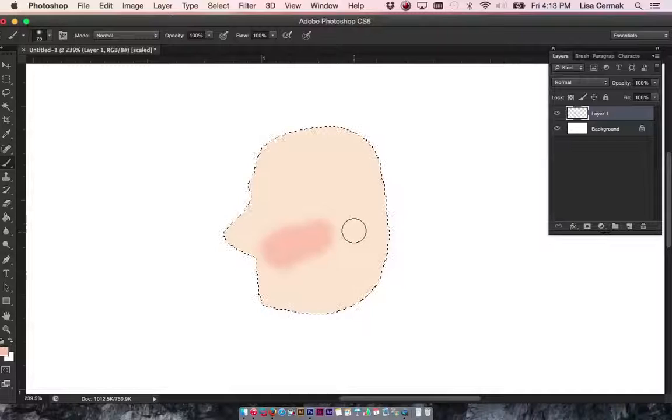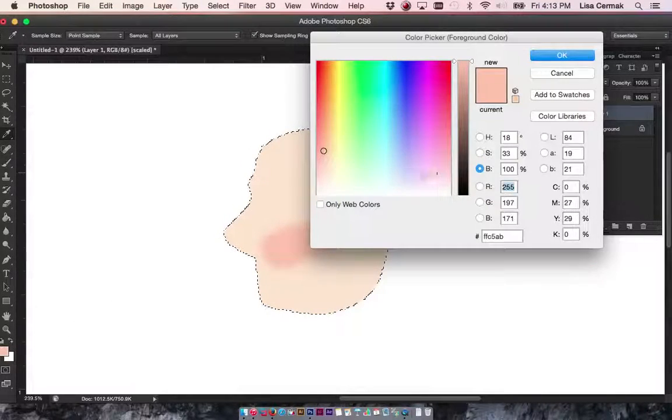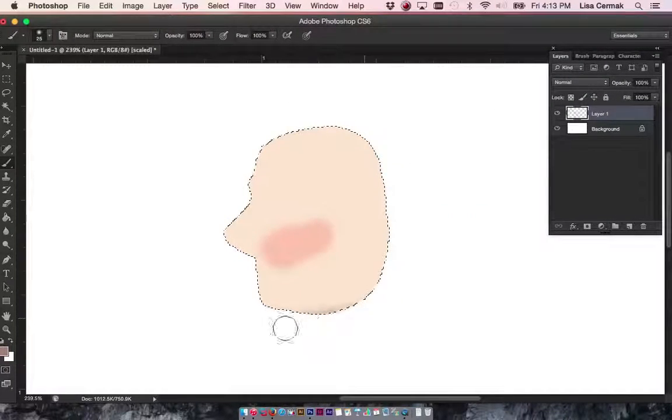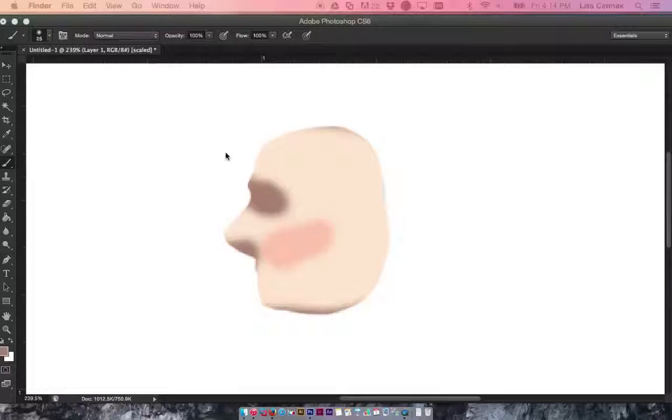And I can even go in with a darker color. So if I wanted to shade just the edge of the nose or the brow, maybe where the brow would go. Your Option key should give you